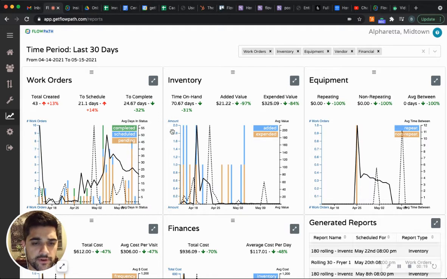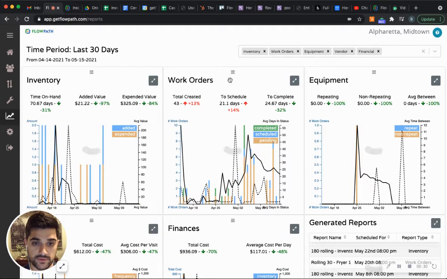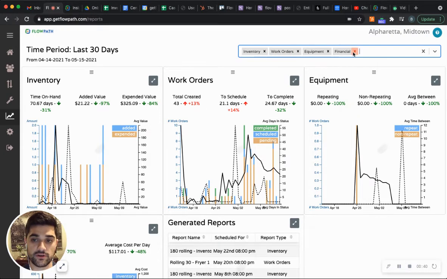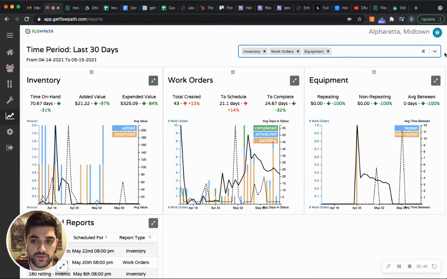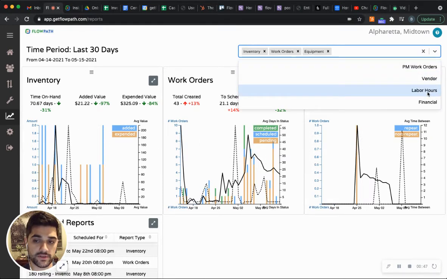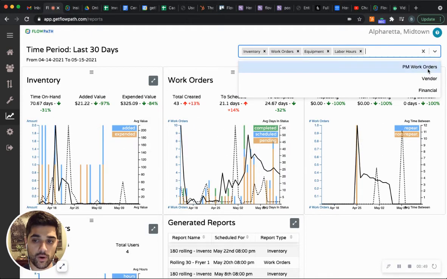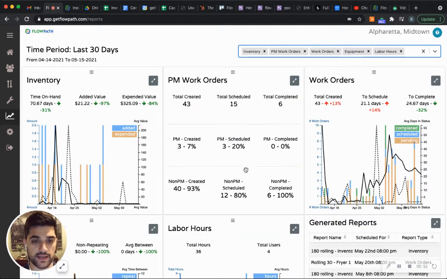So by default, there are 6 modules, but we've added some functionality here that you can customize this really however you'd like. So feel free to drag and drop different graphs in different directions, and you can hide different sections as well or show them. So if I didn't want to see any vendor or financial graphs, they will disappear from the modules. Or if I wanted to focus on my labor hours or PM work orders, then I can add those as